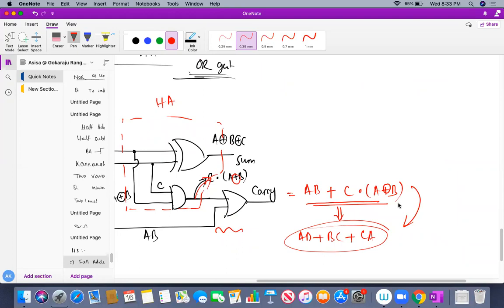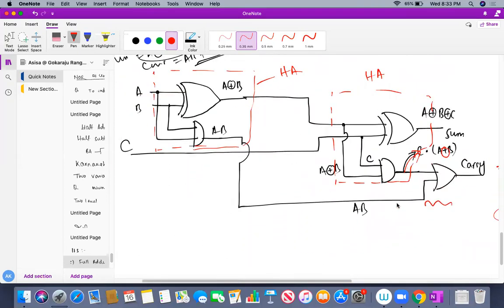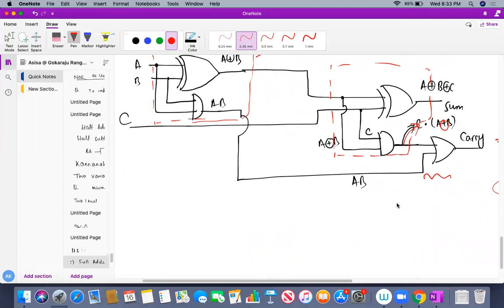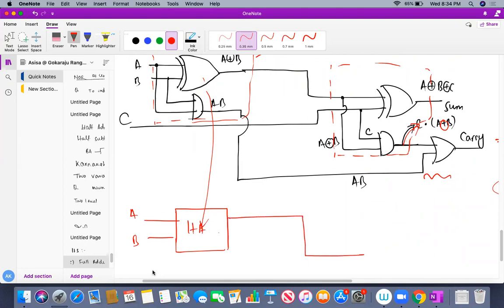This I have not proved. I will prove it up. Don't worry. Okay. So see here, what I have done, I can design my full adder using two half adders like this. How? This is my half adder which takes A and B input. Inside this circuit, one XOR and one AND gate is present. Finally, whatever output came, I just connected to another input and I have connected to another half adder over here.